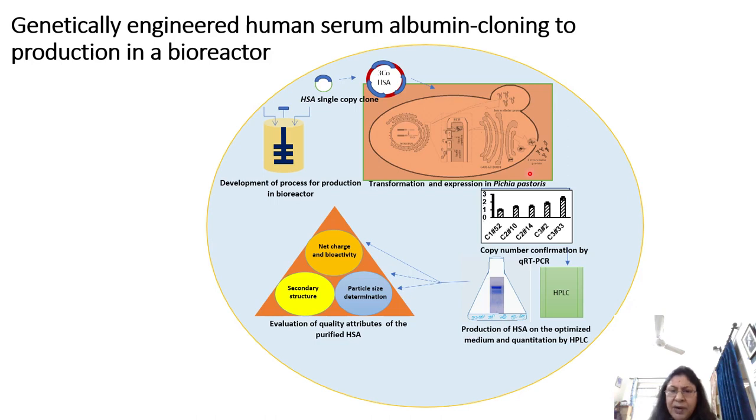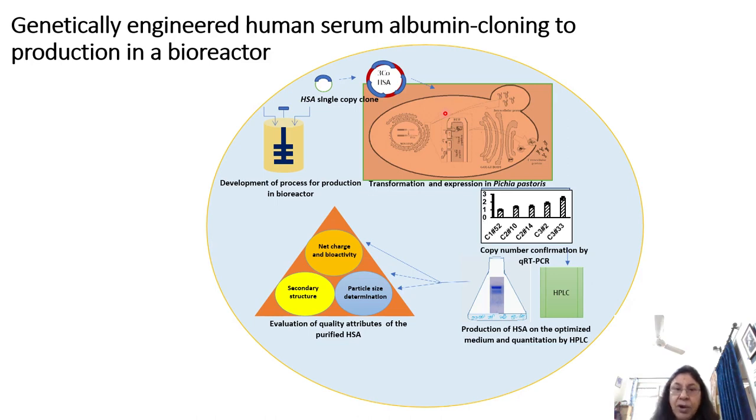All right, now one of the very interesting things I'm going to discuss with you in this particular slide is that I do make these 3 copies of the expression cassette and I have introduced them into the yeast cell. But eventually in this recombinant yeast, I would also like to know how many copies are finally integrated into the genome. Because sometimes modifications of these recombinant vectors can also occur within the cytoplasm of the yeast, and then it may not have 3 copies, maybe it just had 1 copy finally.